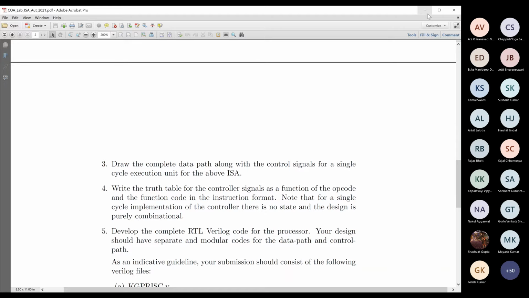Another thing, when do you want to give your second lab test? Two weeks from now, is that fine? The second lab test would be entirely on Verilog. There is a window for tests given in the academic calendar, November 15 to 20.